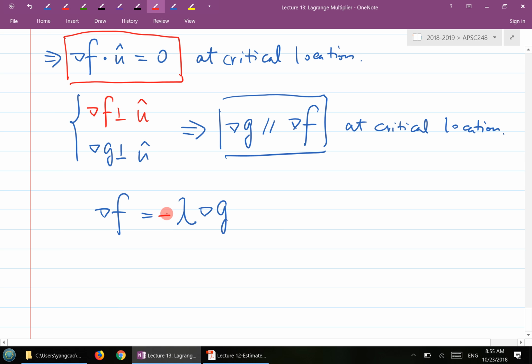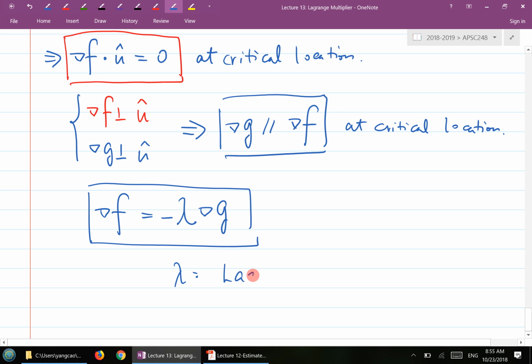Now, for conventional writing here, we write a negative in the front. It really doesn't matter. This is just for the ease of writing. It's just a scale, just a constant, right? So the negative can always be incorporated into that constant lambda. Okay. So now we have this simple relationship, and the lambda here is what we call Lagrange